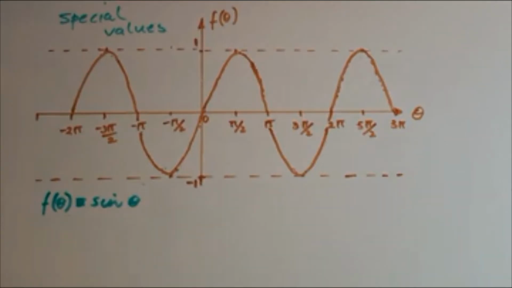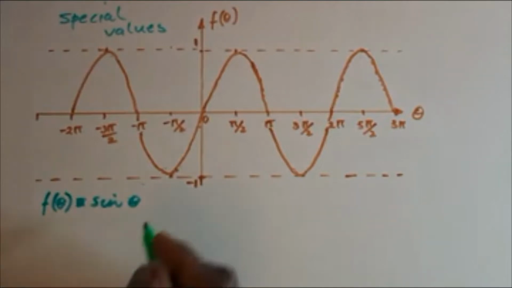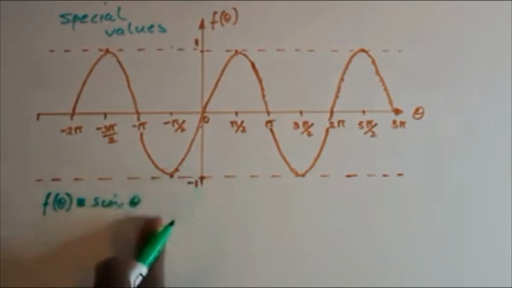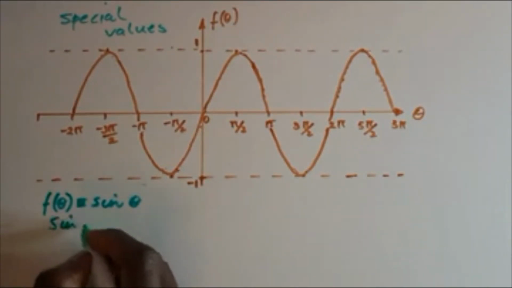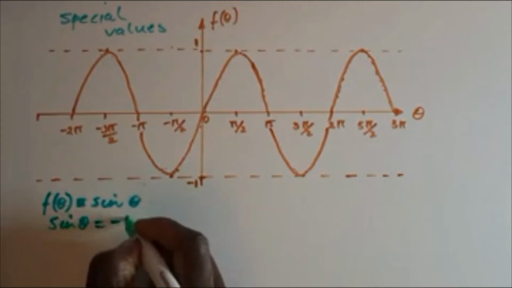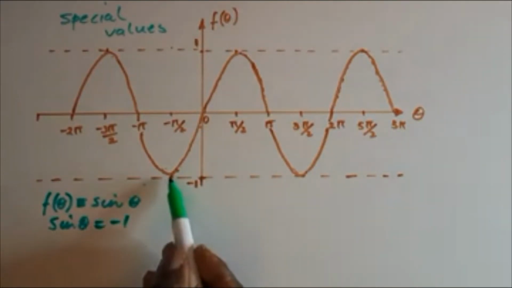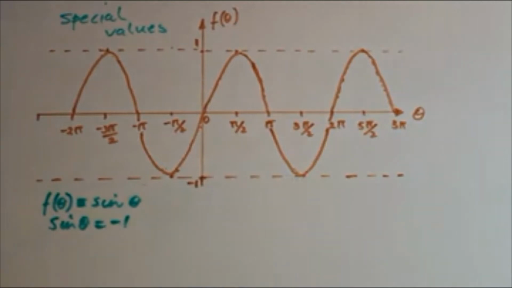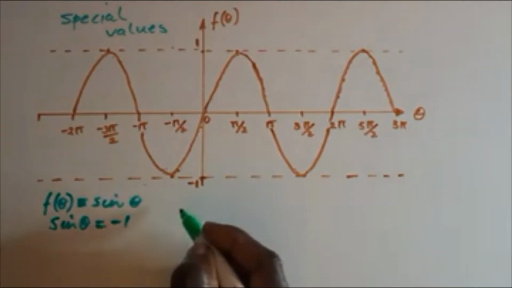So finally we have the last case now, let's write it just under here, where sine theta is equal to -1. From this graph we can see it occurs here at minus pi over 2, 3 pi over 2, and other values if we continue along with different inputs for theta. So for sine theta equal to -1,